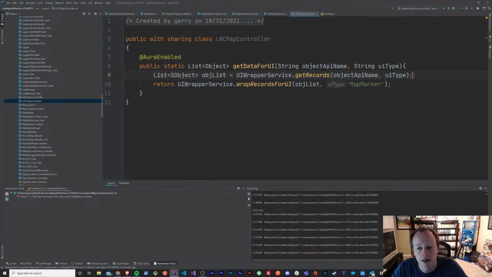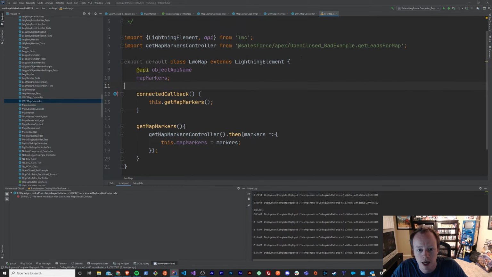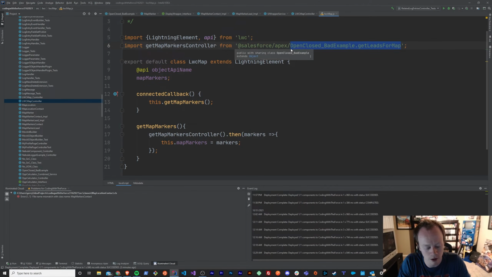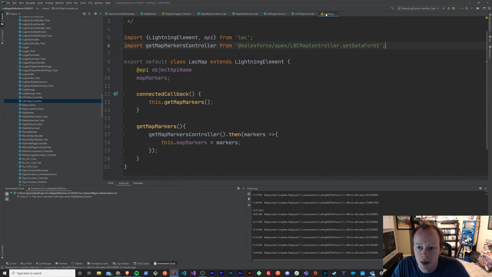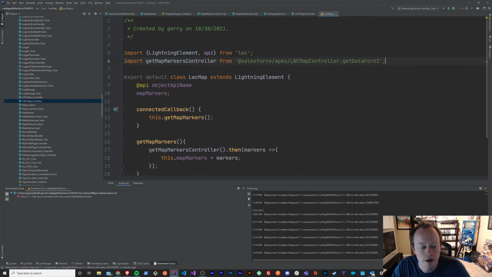So let's go back now that we have this set up, and we will go to our LWC map, and we'll change this Apex class import to import our LWC map controller and the getDataForUI method that we just created. So that guy right there. And then down here, let's also just say get UI data controller,